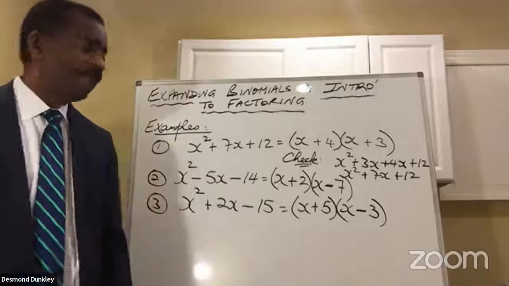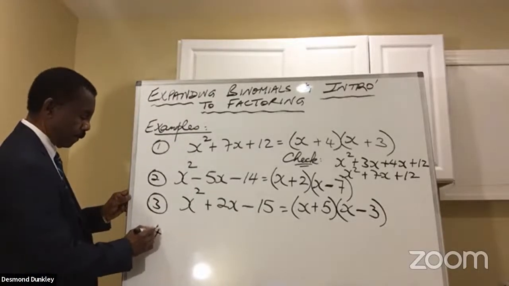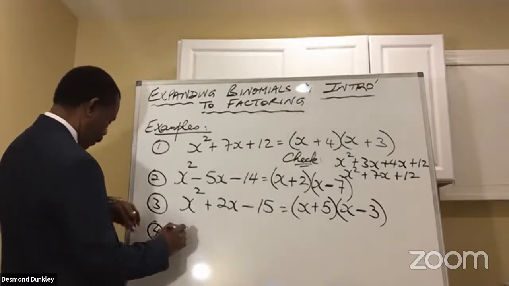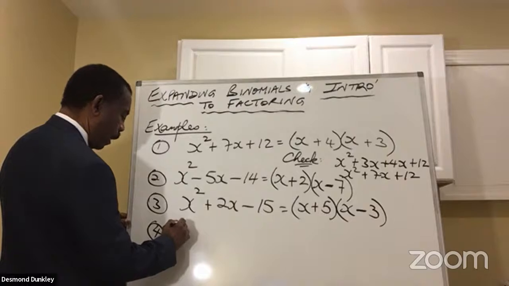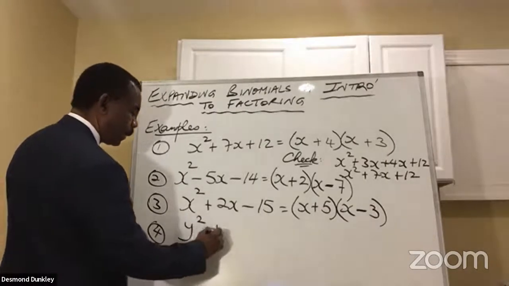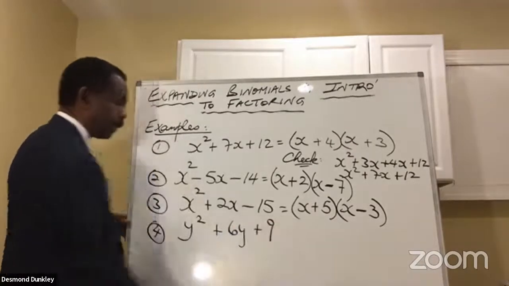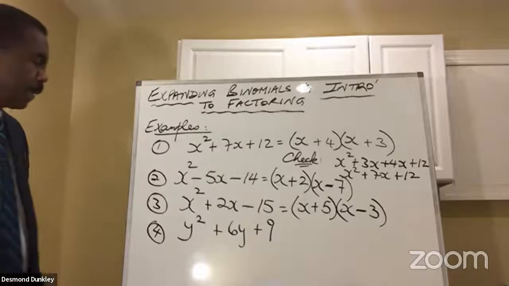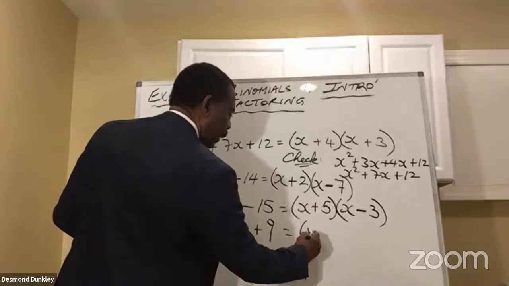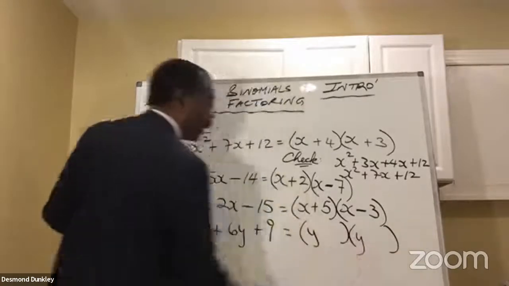Starting to make sense? Good. Okay, let's try this one. Number 4. Let's use a different letter. y squared plus 6y plus 9. We know that that's equal to (y